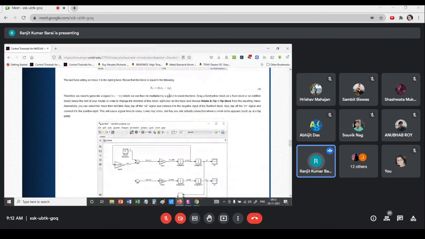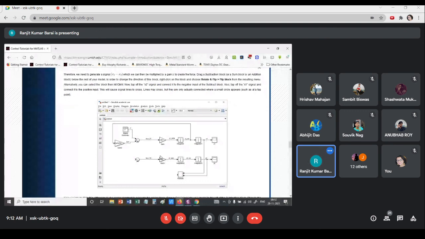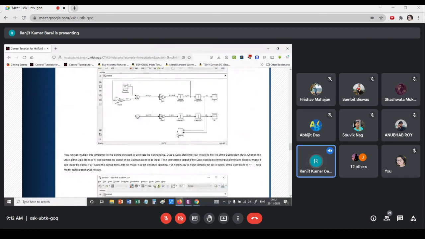How to rotate or flip a block, everything is given. Sometimes you need to rotate the block, just make an inversion in order to connect it properly. Like this one, it has been inverted. So input has been taken this side and output this side to make it convenient to wire. Otherwise, it will be difficult to wire.